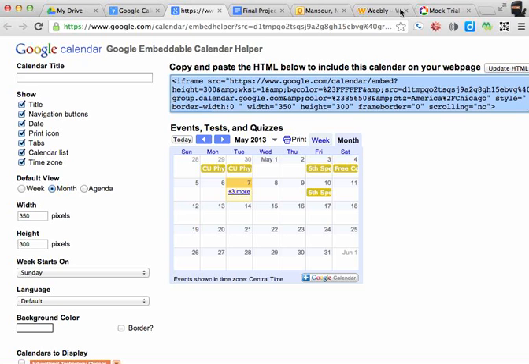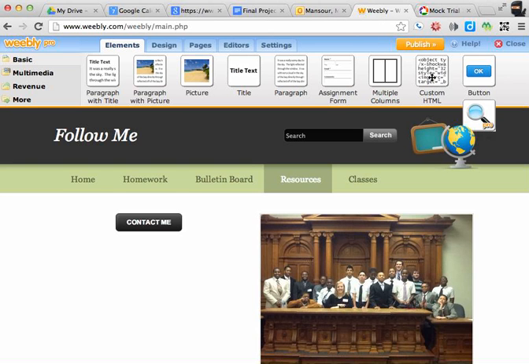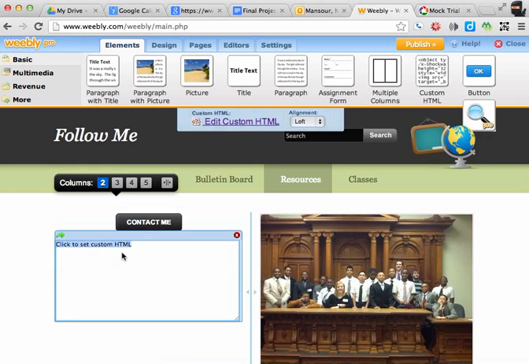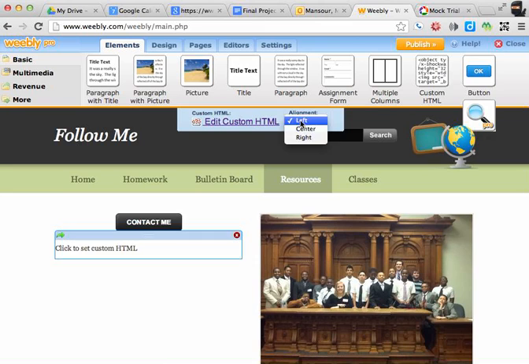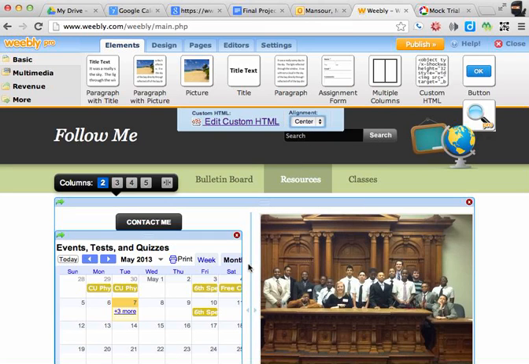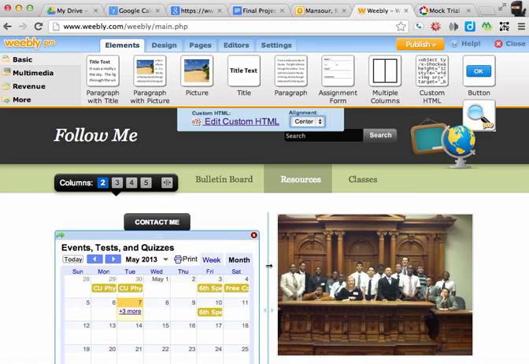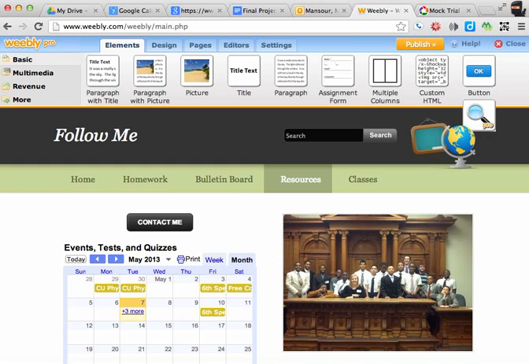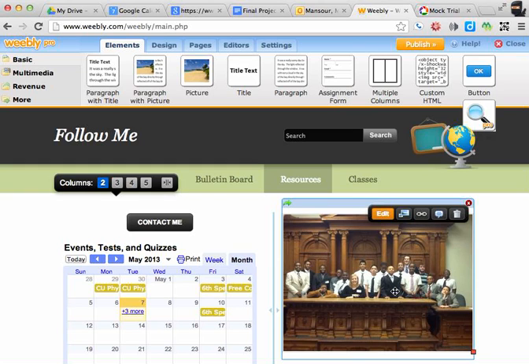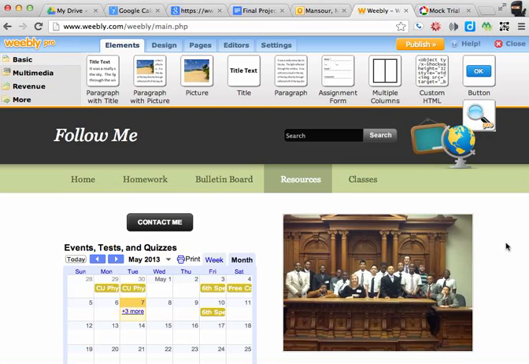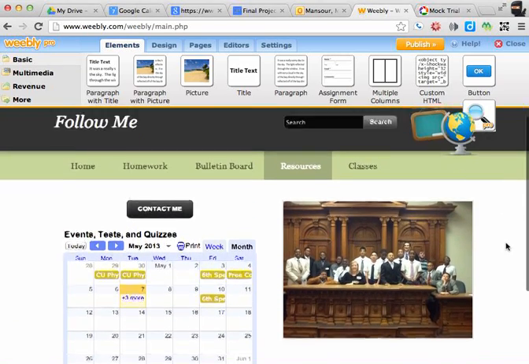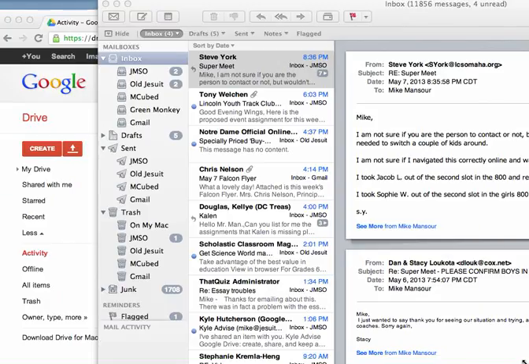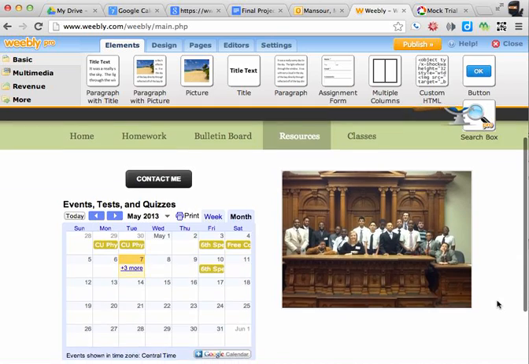Copy that. Go back over to my website. Drop in a calendar widget and paste it in there. Make sure I'm nice and centered here. We just need a little bit more space, so I'm going to pull this over just a little bit more. And it will fit nicely into that little area there. I probably could even put one more link in there, but for right now I'm just going to leave it because it's looking alright. So basically what I have here is a front page of my website that I will share with parents and